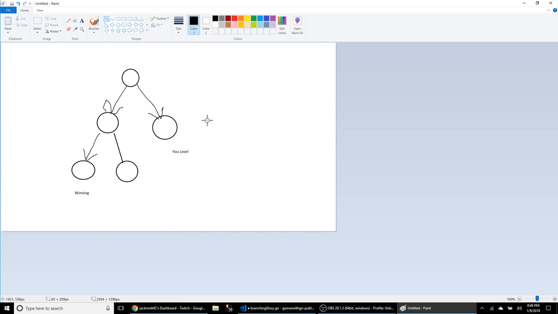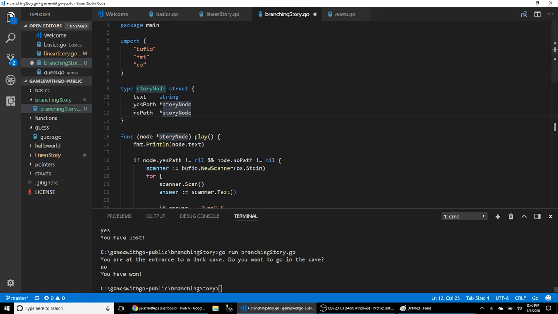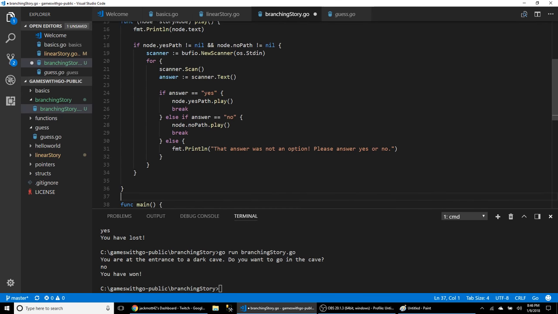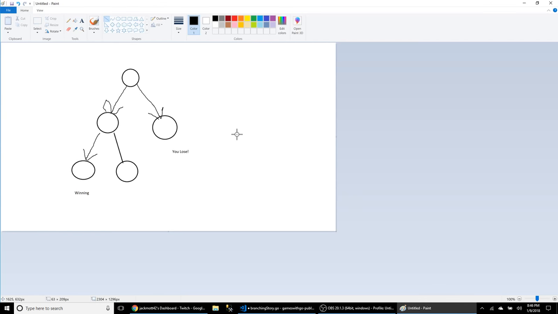If you've got n numbers to search, you only have to try log n numbers. So as well as being useful for something like a branching story, as long as it's only 2 branches, binary trees can also give you an equivalent type of thing as the binary search we did in the number guessing game. So if you happen to build up a binary tree that had numbers in it in order,